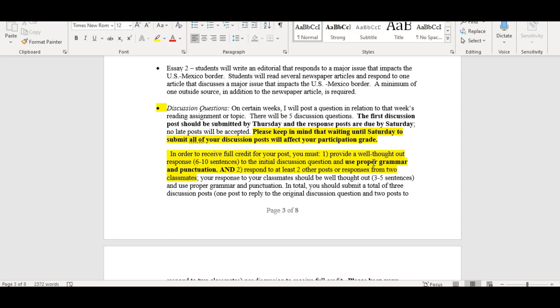And of course, it should use academic language, proper punctuation, proper grammar, because we are in an academic setting. And of course, you should also reply to 2 other classmates as well. Now, I do have a rubric for each discussion post. It's the same rubric, but each discussion post has the rubric attached so you could see what I am